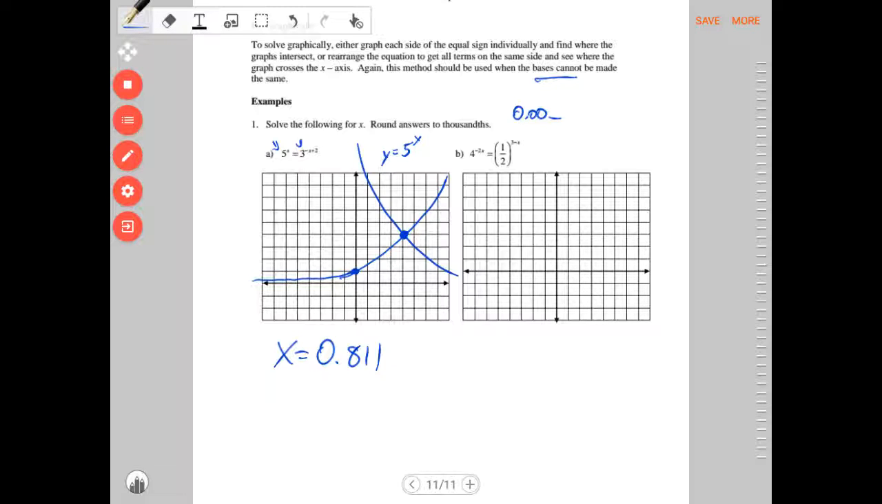bases that can be turned into one another. It's not a big deal. So we get 4 to the negative 2x. When you graph that one, you get something that looks like this, graphing that on the calculator. So that's 4 to the negative 2x. And then you get another graph that looks